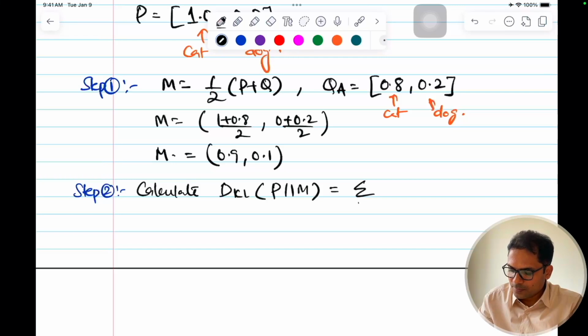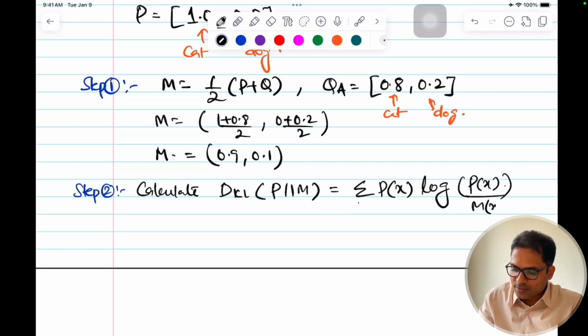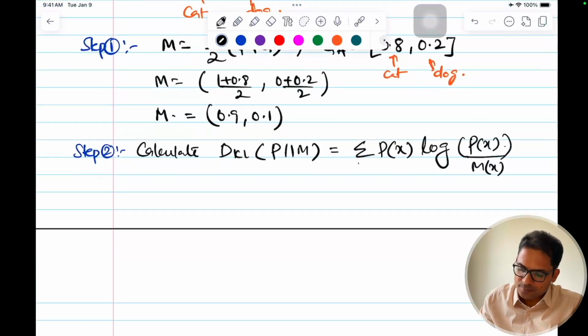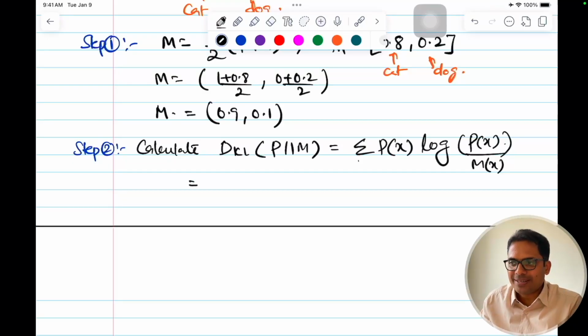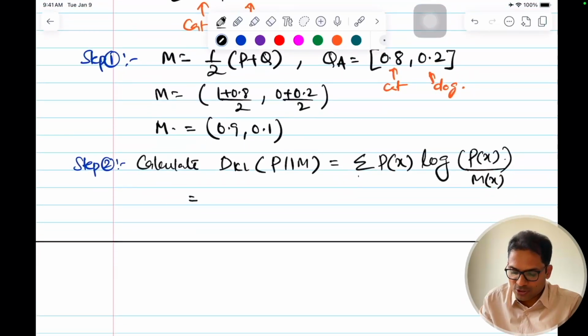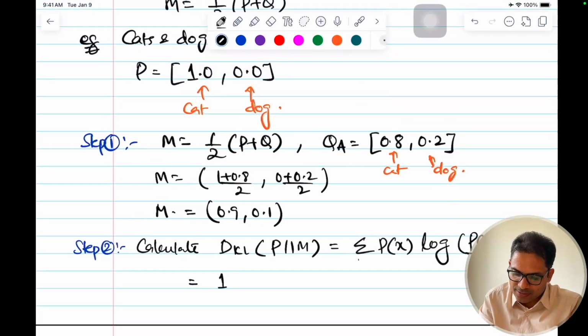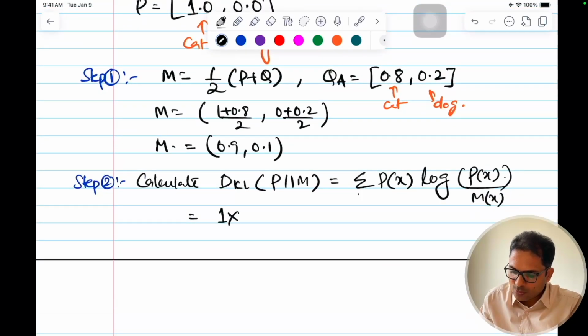Okay, probability of X log of probability of X by M of X. This is how it is defined. So this is equal to, what are all the possibilities? There are only 2 possibilities, so we'll check that. So first is the probability of getting a label 1, that is coming from the actual distribution, so that is coming from P of X. So P of X is 1 into log of Px by Mx. Log of Px is 1 and log of Mx is 0.9